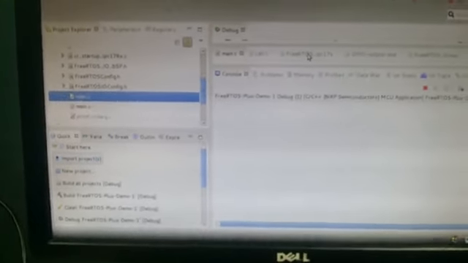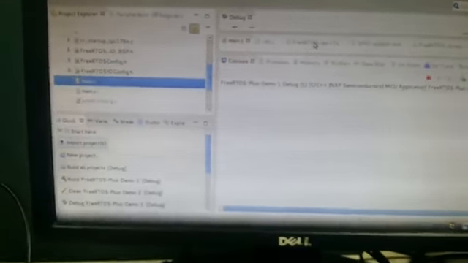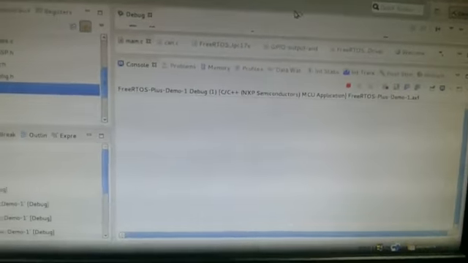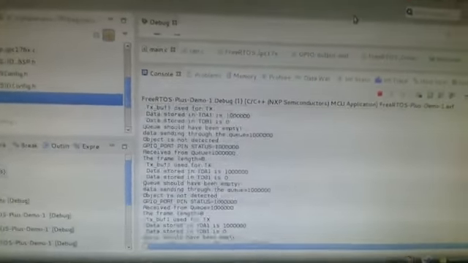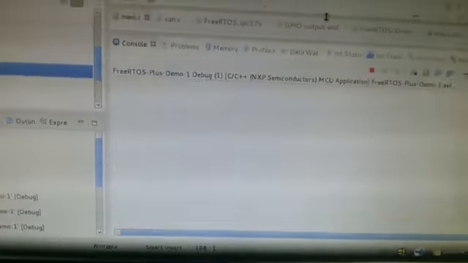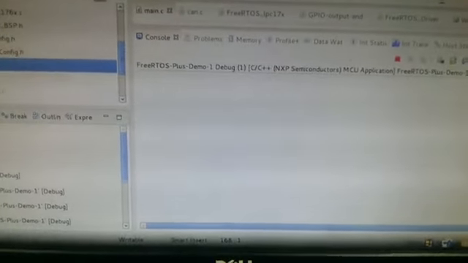Coming to the software side, I am using the LPC Expresso IDE to run this prototype. The LPC Expresso has a feature that it gives its output in the console view. We can see the current status of the register data and program flow. Now I am starting the demo. Here is the code running at the slave side.